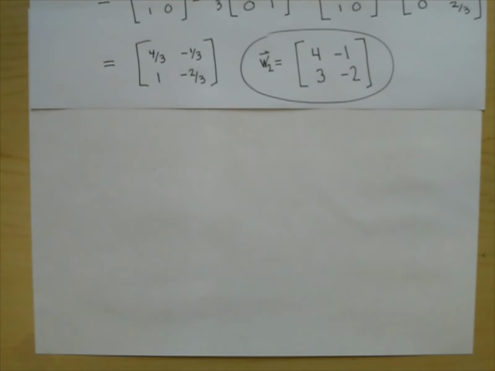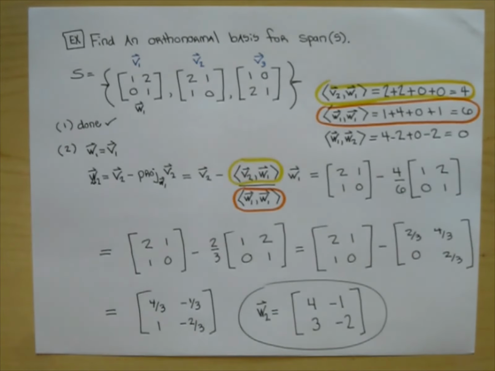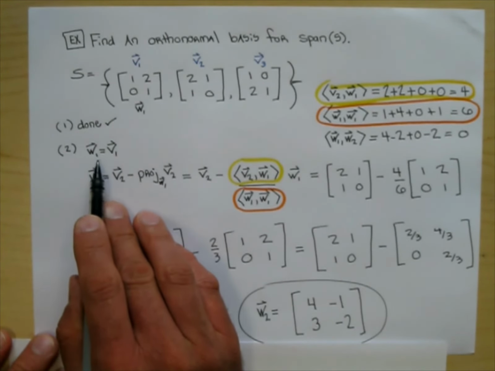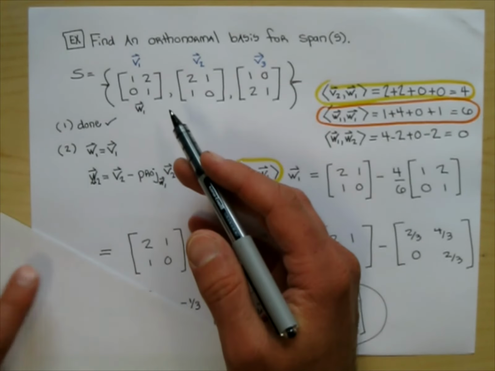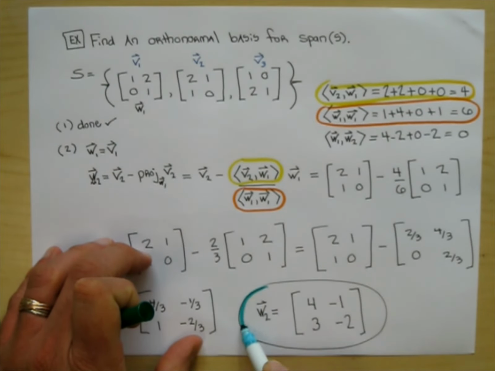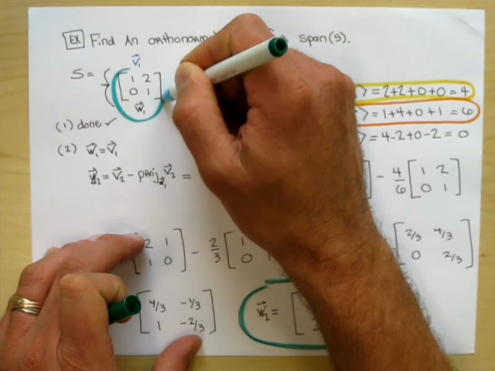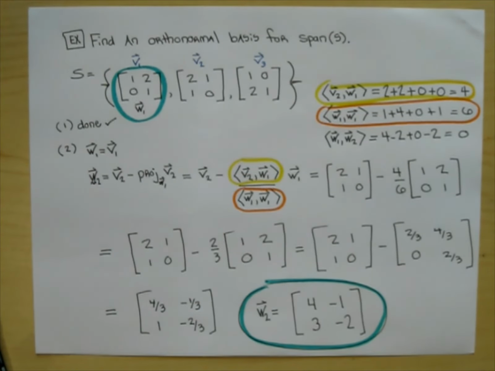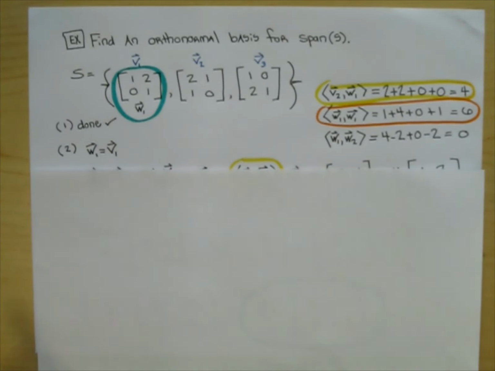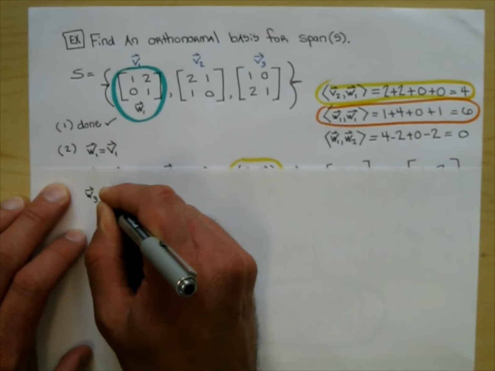Okay, let's go ahead and figure out what W3 is. So look where we are. We are on step 2. W1 equals V1, so we have that. Maybe I should circle my W's with a certain color. I know I circled that one. I'll just circle them in green. Here's W1, W2. And now what am I going to find? I'm looking at that definition, and I'm going to cover up my W2. I'm looking at my definition, and I see that W3 equals